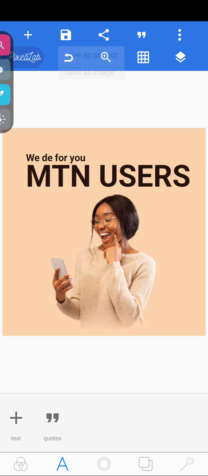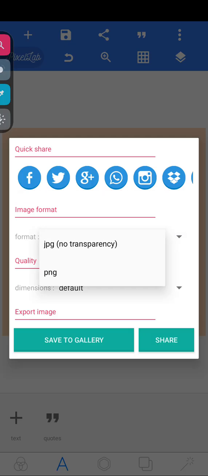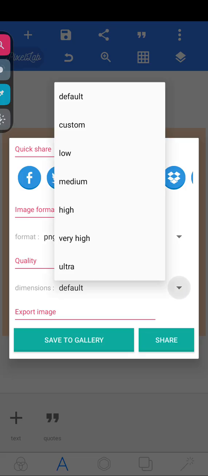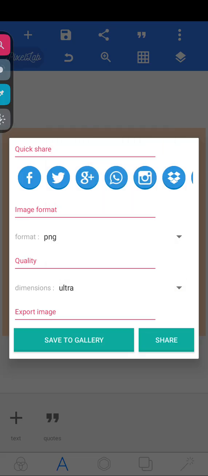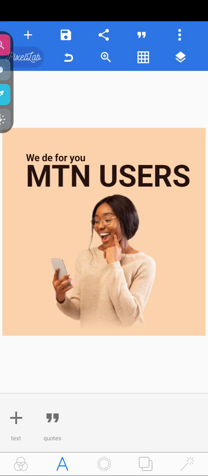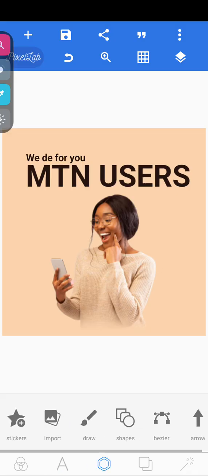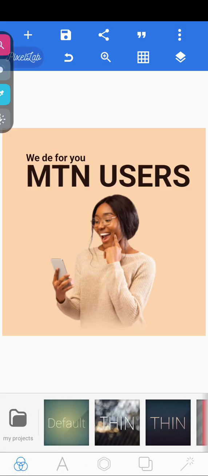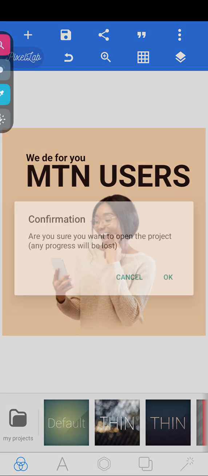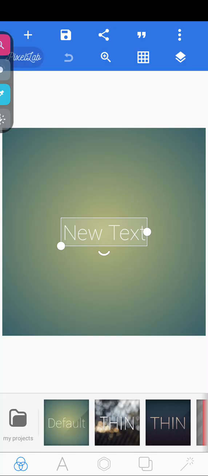So if you have to save this, it should be on the transparency PNG, yes. And the next on dimension, you save it as ultra. Okay, then take save to gallery. So we want to do that. We can take default. So we're through with this one. So click on these three circles and we take default. Okay. So now the next thing is that